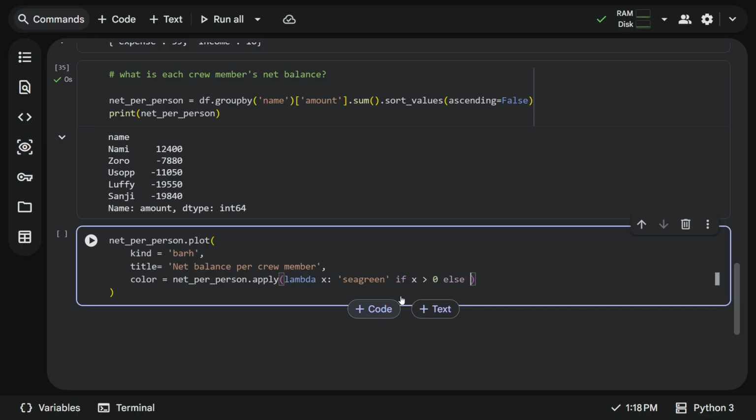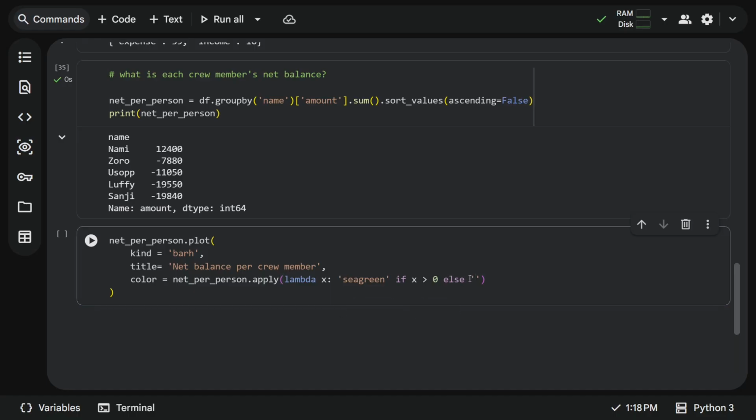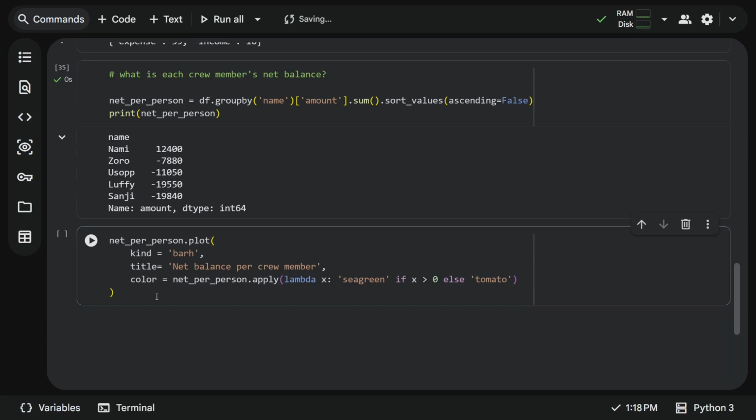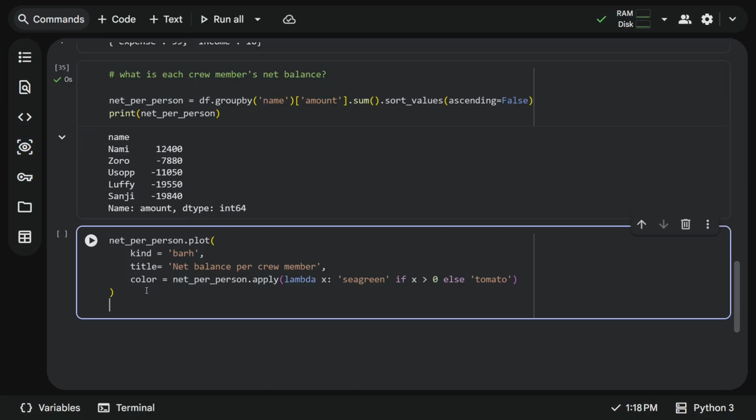So this is an anonymous function, right? And if it's negative, we're gonna do tomato color. How about that? Okay. plt